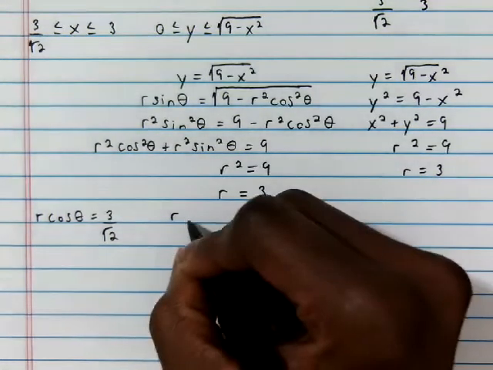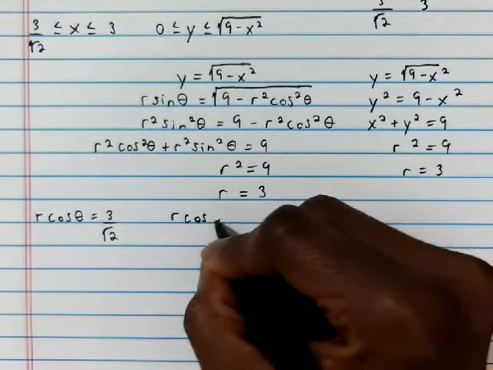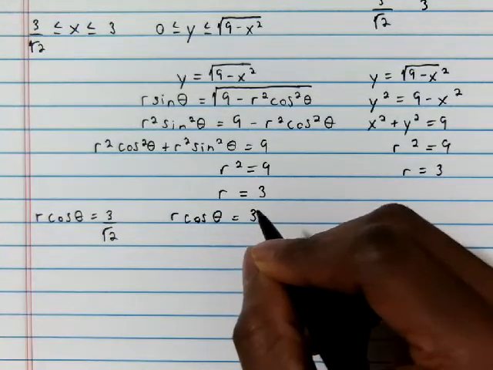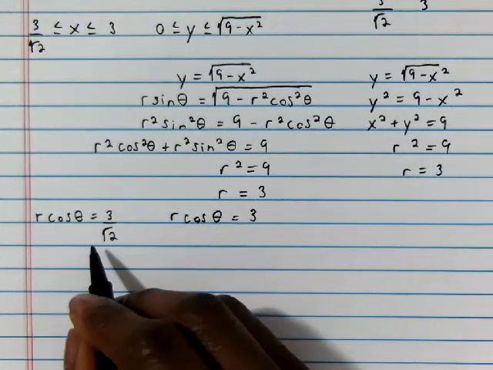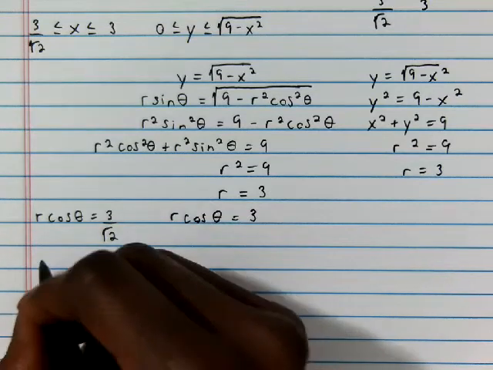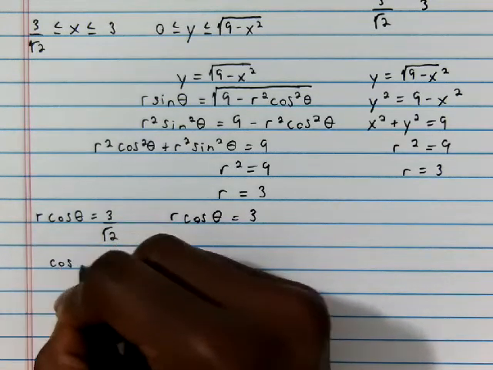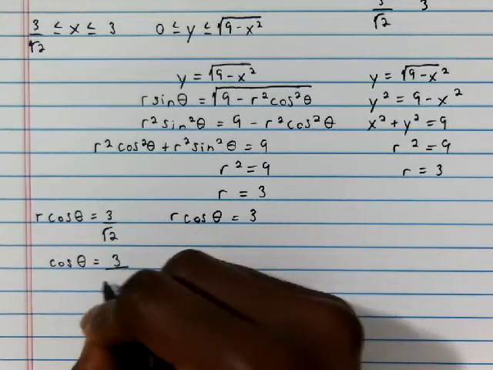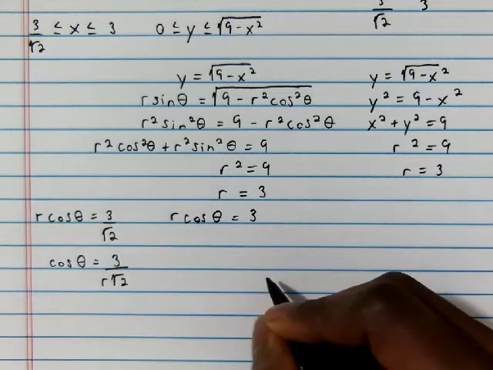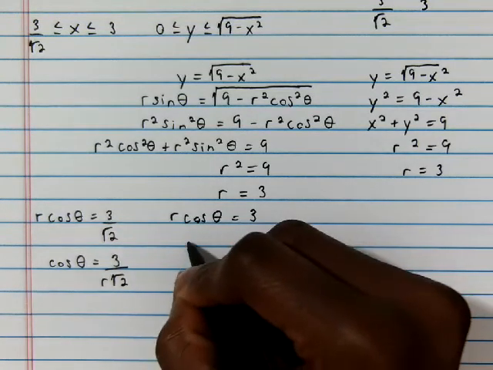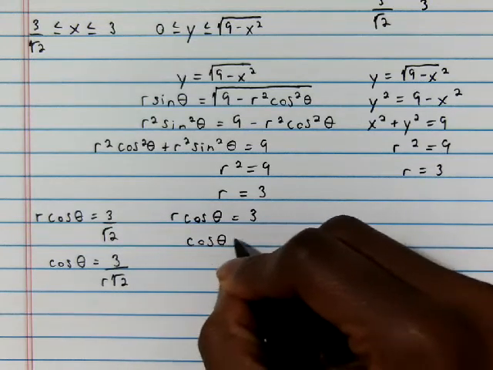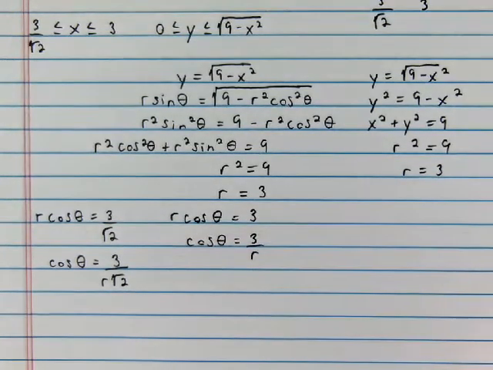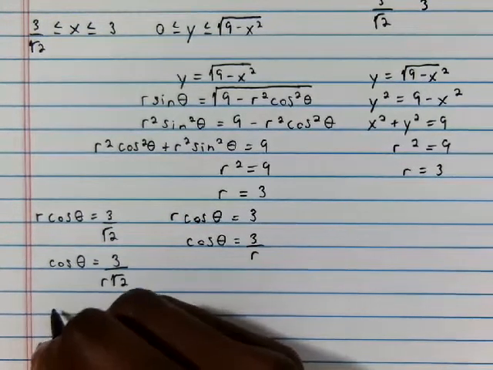All right, so now this gives us that cosine theta equals 3 over r times root 2, and this gives us cosine theta equals 3 over the r that we have. So now we take this r equals 3 and put it into these, and this one tells us that cosine theta